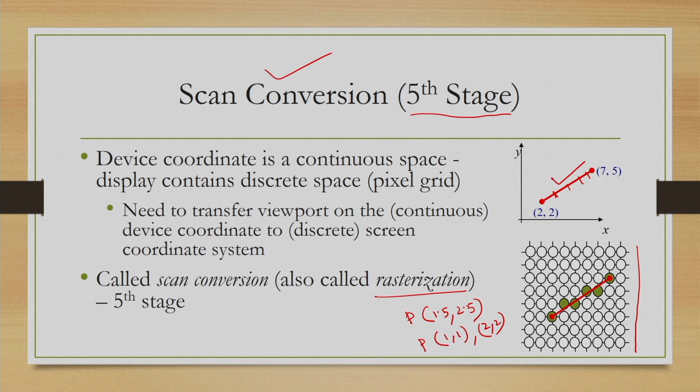And as you can see, it may lead to some distortion, because due to the mapping we may not get the exact points on the line. Instead, we may have to satisfy ourselves with some approximate points that lie close to the actual line. For example, this pixel here or this pixel here is not exactly on the line, but the closest possible pixel with respect to the line.